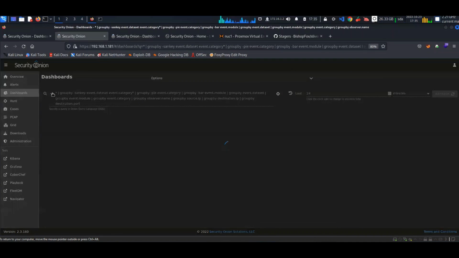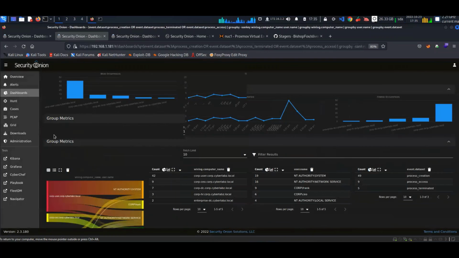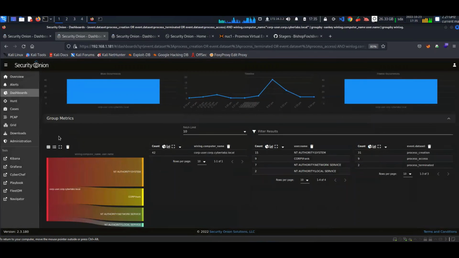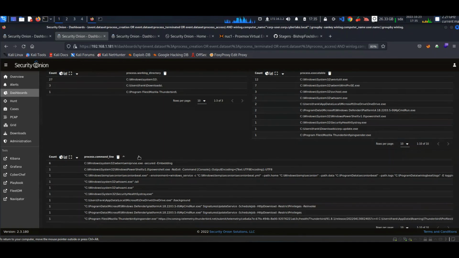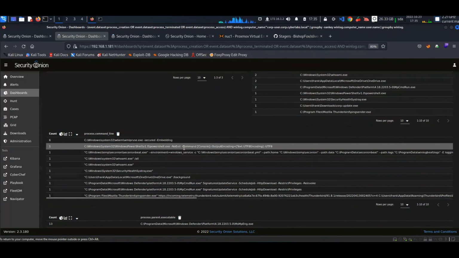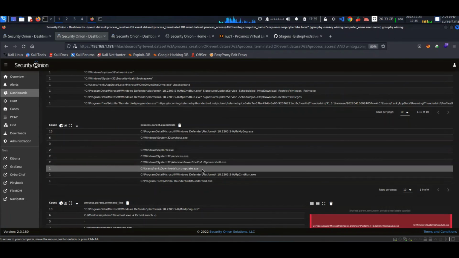Let's go back to dashboards real quick and go to Sysmon processes, and then let's look at our user again, and we have Frank, and we can look at all the particular information in here, and see if there's anything happening that shouldn't be happening, right? Such as scheduled jobs, things of that nature. Here's one of the logs from when we just grabbed a straight up session shell, and so on and so forth. And here's our